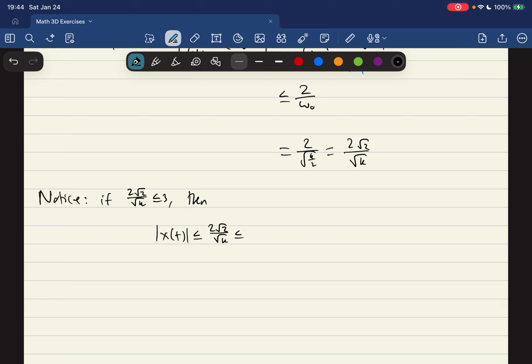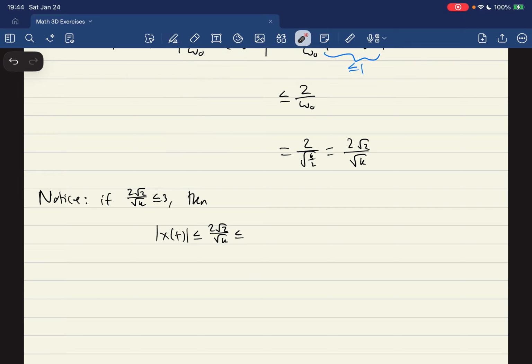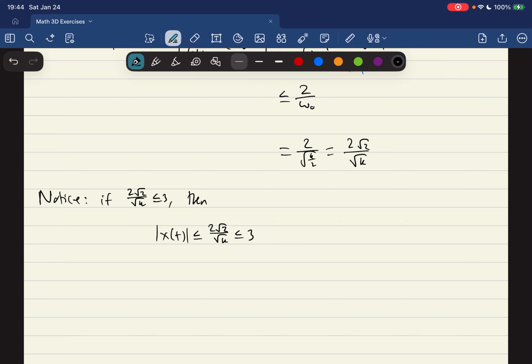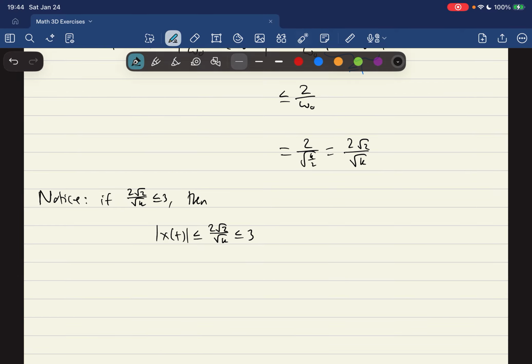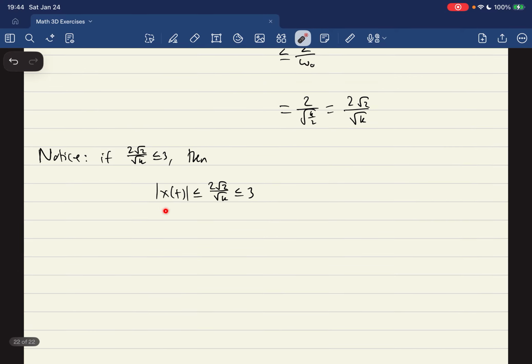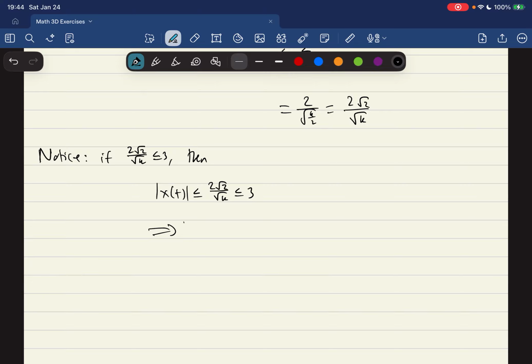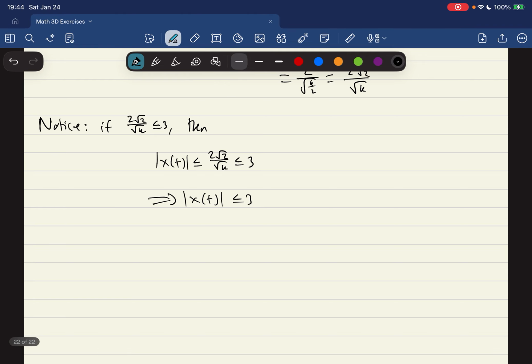But then if we can make this less than or equal to 3, then we would have that x of t is at most 3, which is exactly what we want. So now the question becomes, and I'll write this in red,